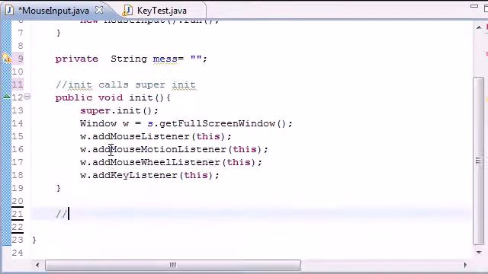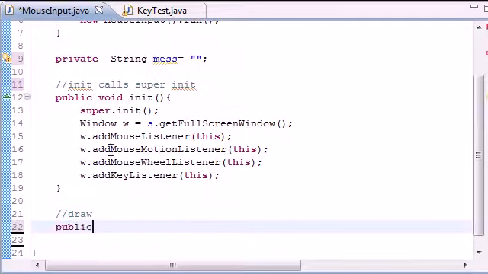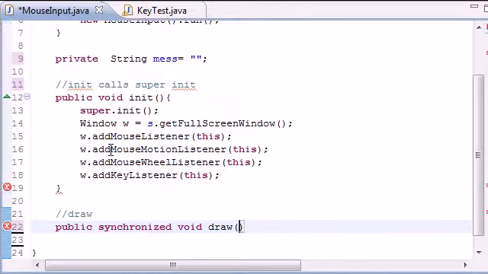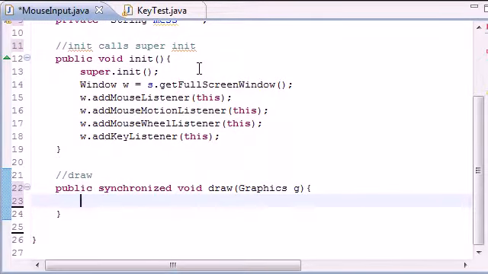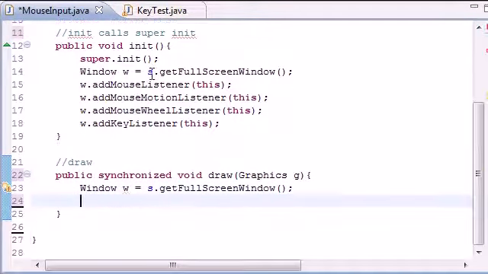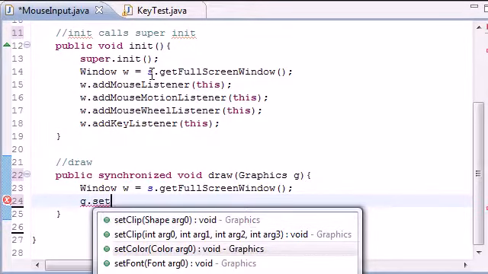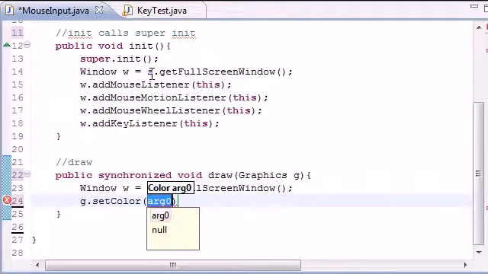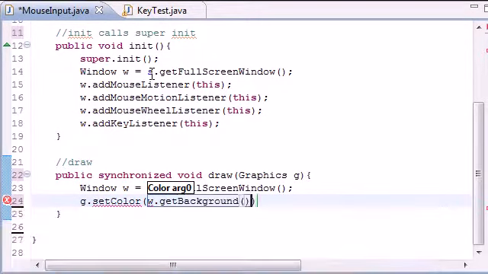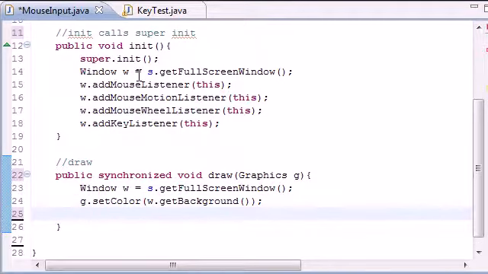Next, let's go ahead and get our draw method out of the way, and public, I spelled that wrong, didn't I? Synchronized, make sure you spell it right, void draw, and of course it takes your graphics variable right there. And now let's go ahead and get our window object again. Get full screen, that's what we're drawing on. Set the color of the drawing object, and let's set it equal to the background for now. So w get background, too easy. So I think our background was